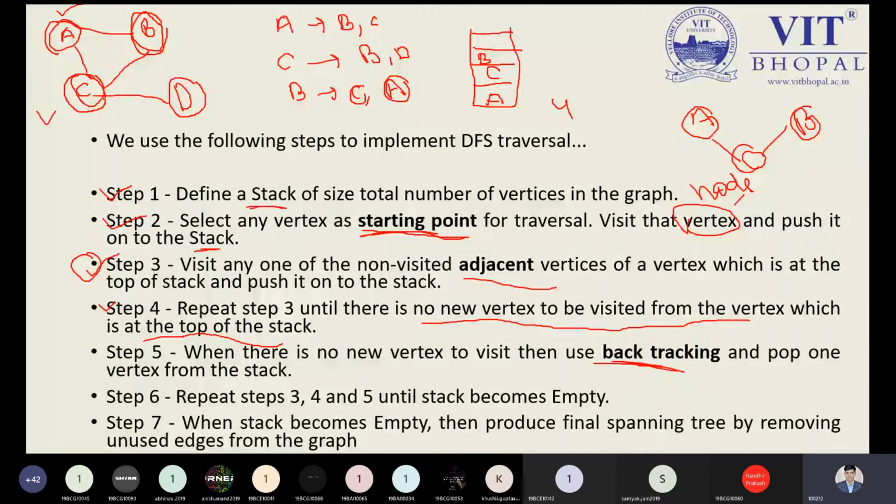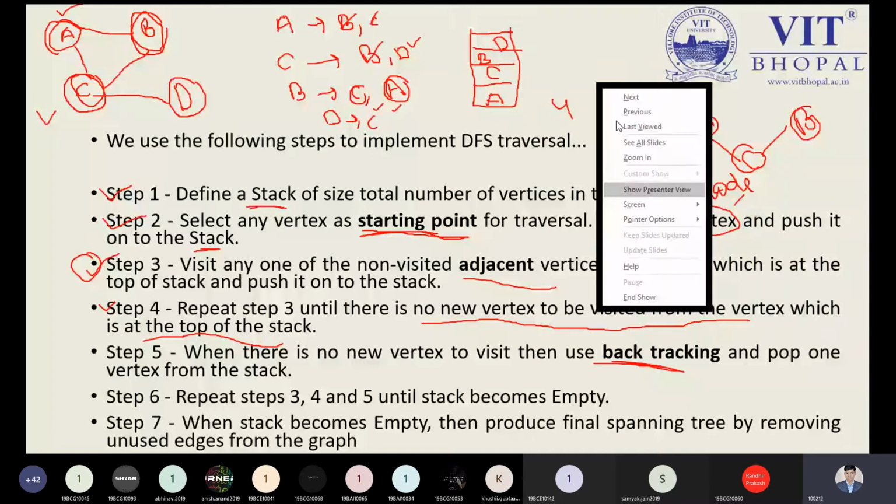After that comes D. It is noted that from A, B and C are visited, and from C, B is visited, but D is not visited. From B, C and A are visited, and D is connected to C only. So from B, I need to come back to C to make the complete spanning tree. So I will touch D. I will come to D. Now this is our point.